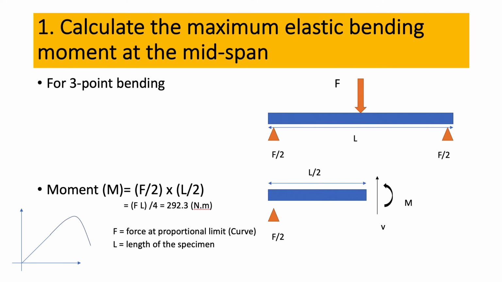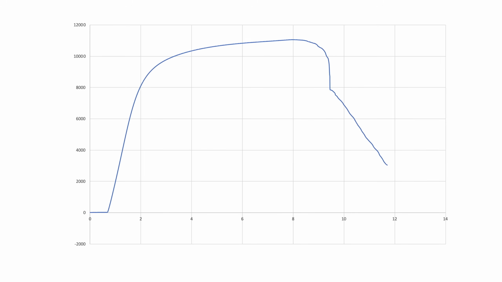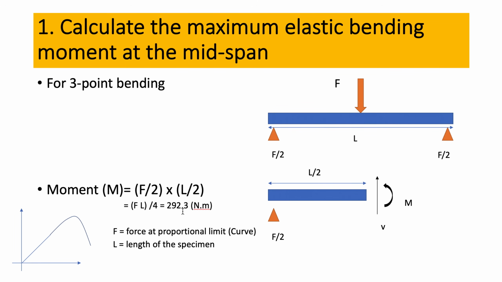From the data that you were given, this is how the force deflection curve would look. Your proportional limit would be somewhere here. I use the force at this point to calculate the value, which is 292.3 Newton meters. Make sure that you are converting the lengths from millimeters to meters in order to have it in Newton meters. In the next video, I will explain the second